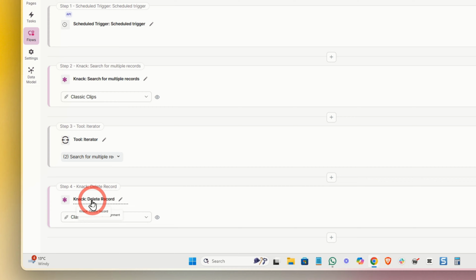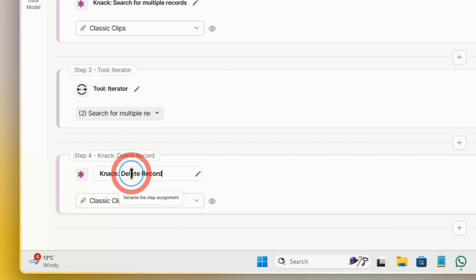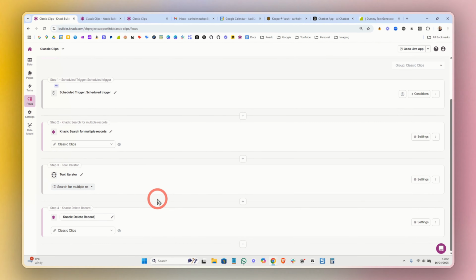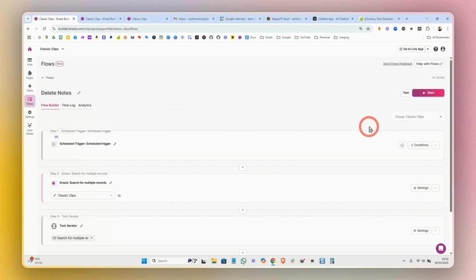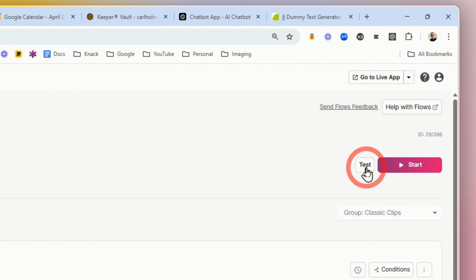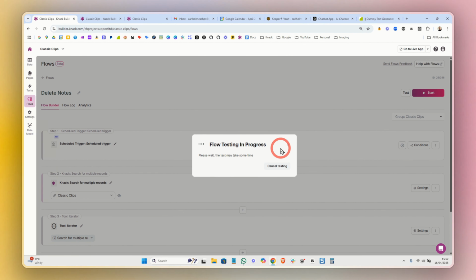Now you can obviously change any of these little pencil icons, so I can click in here and rename these steps to make them something more useful, but actually this is kind of fine. So I'm going to scroll back up to the top, and I'm going to test this, which will run the whole flow. So that's now running, and that's now concluded. So I'm going to go to my flow log,